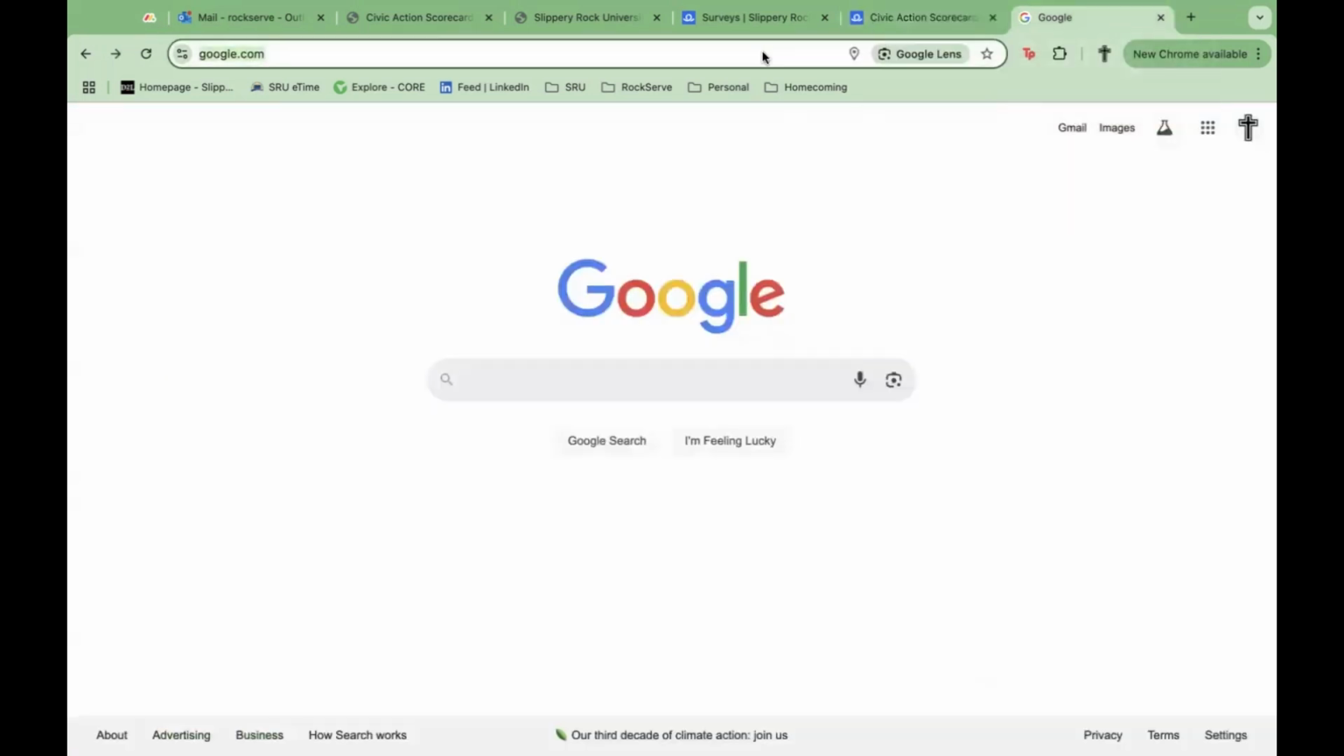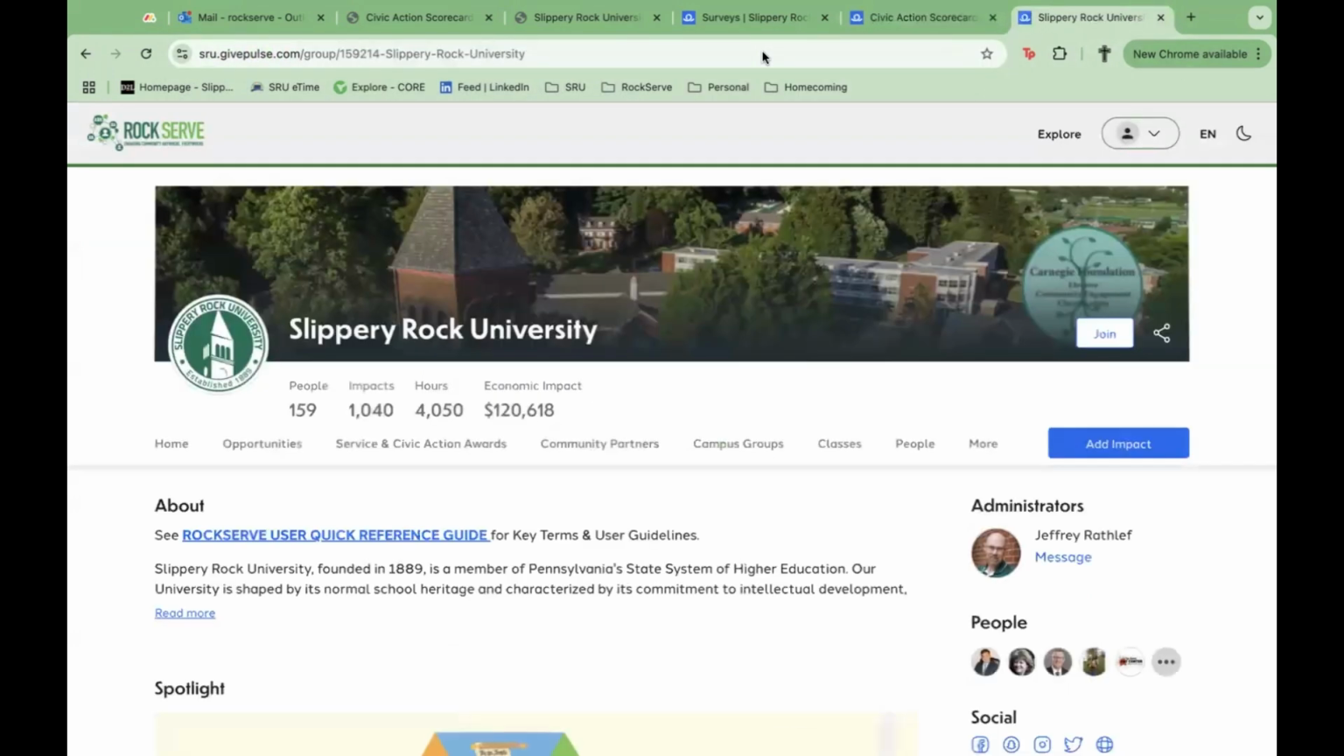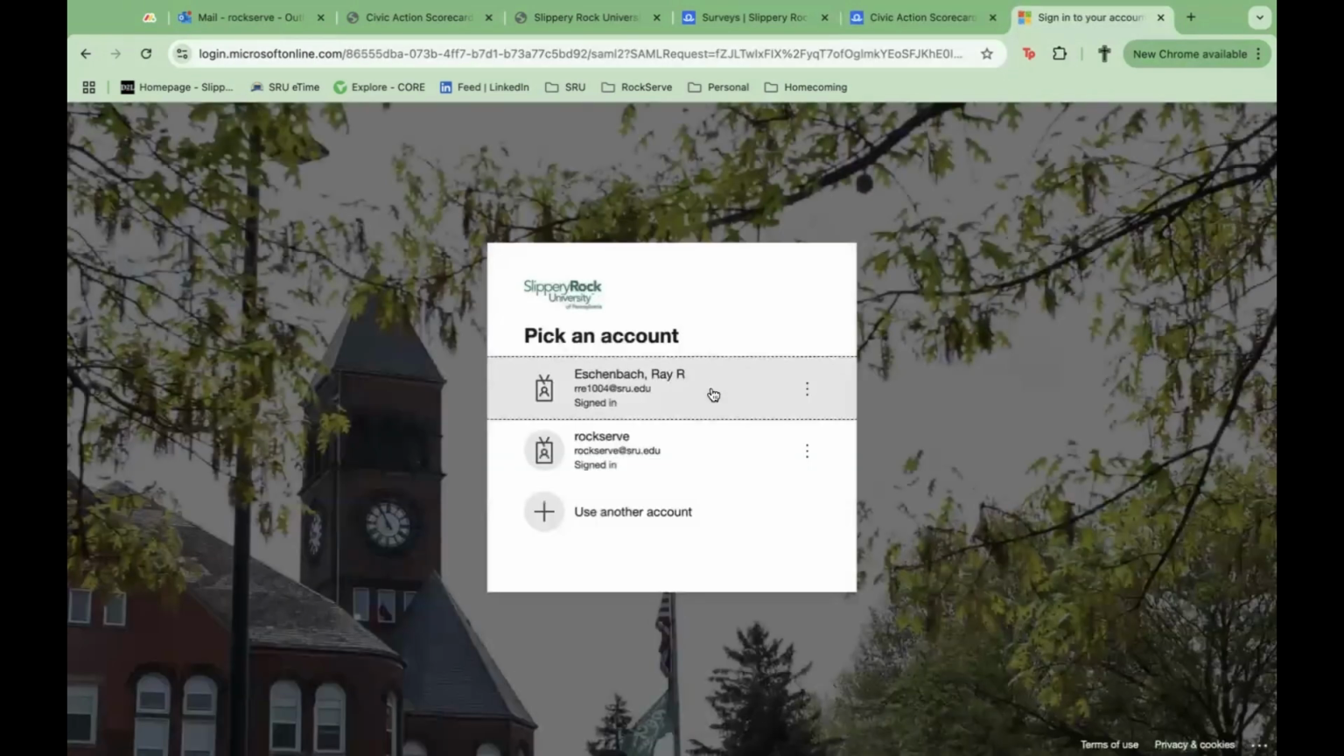First, you'll go to your internet browser and type in the search bar sru.givepulse.com. Once you're on the main page, you will click on the profile icon in the top right, click Login, and then click Login via SRU. After logging in, you